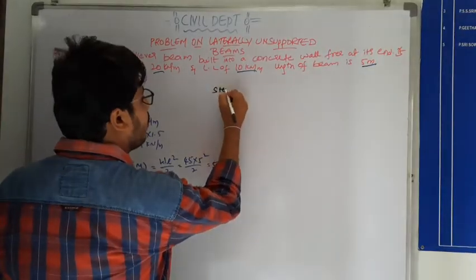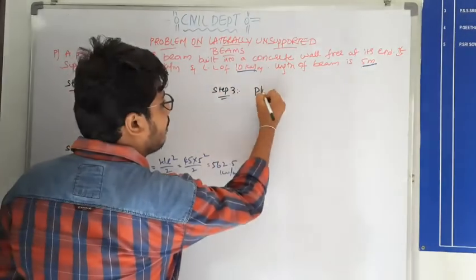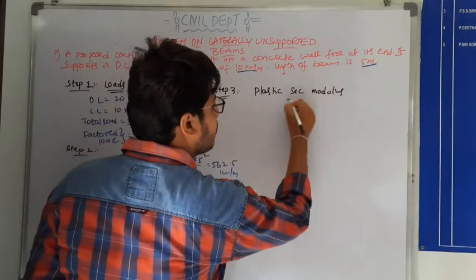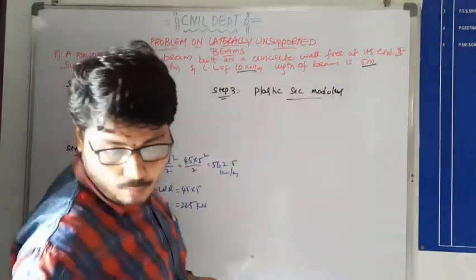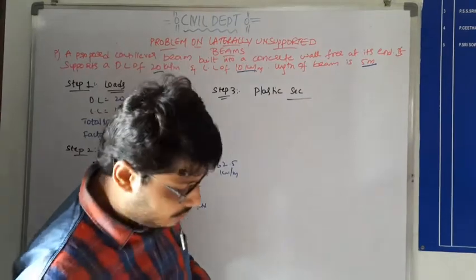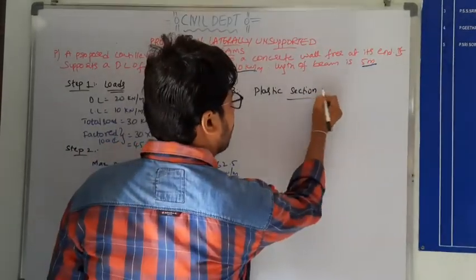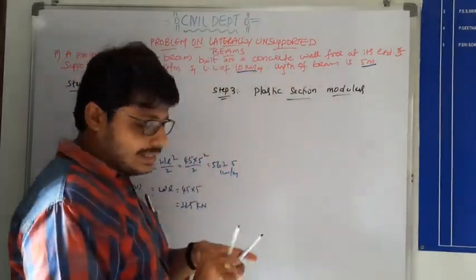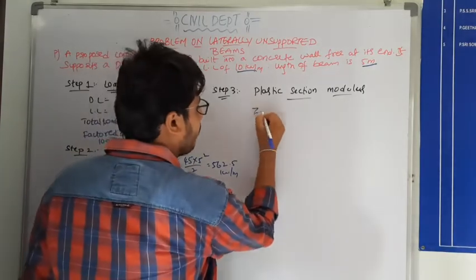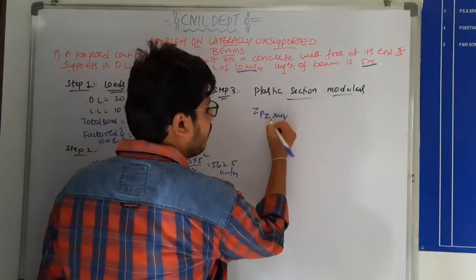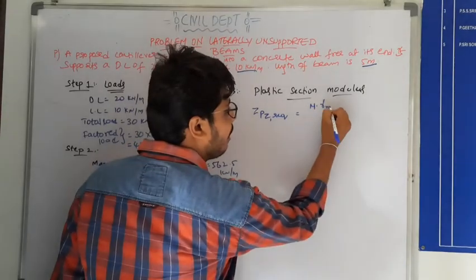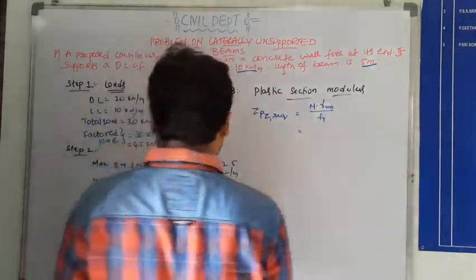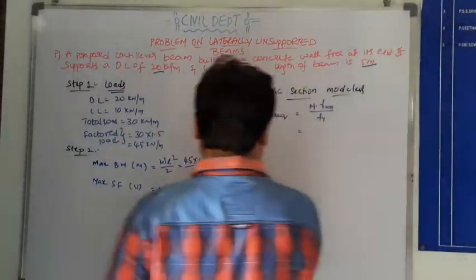So now step 3, the plastic section modulus. What is the formula for ZPZ required? It is M into gamma m naught by fy, that is M into gamma m naught by f y. So what is the value for M? The maximum bending moment is